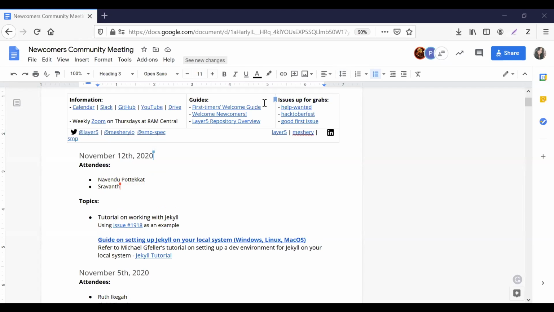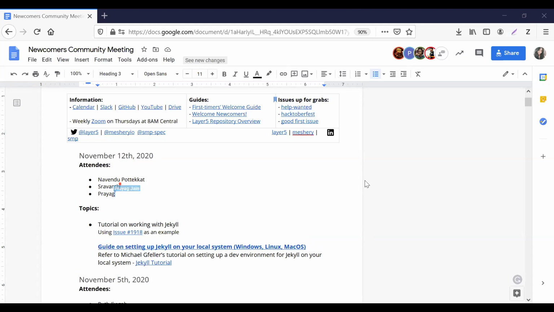Let me introduce myself first because I always forget to do that. My name is Shruti Chandra. I'll be the host for this particular meeting and a couple of the others that you attend under Layer5. I'll again encourage you to speak up as much as you want in this meeting. All of the meetings are semi-formal, but this one particular meeting is a perfect place for you to speak out as a new member or as somebody wanting to start out. Again, go add your names, or I will do that for you at some point.